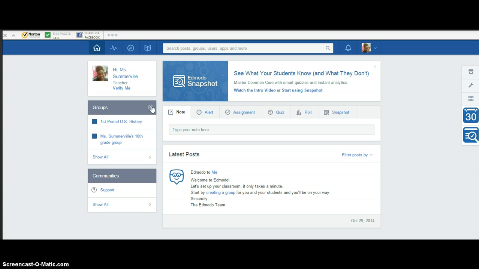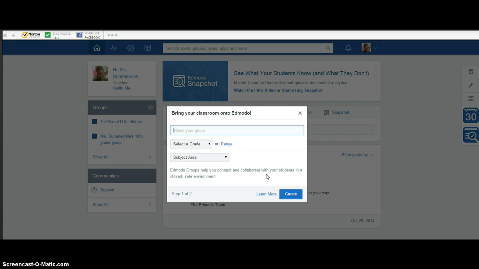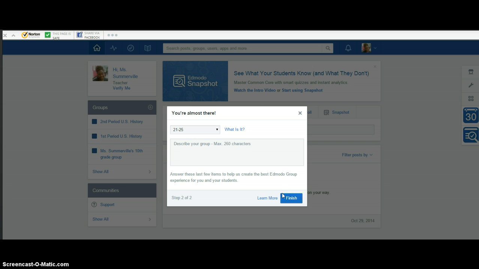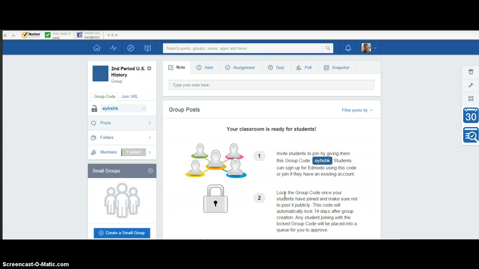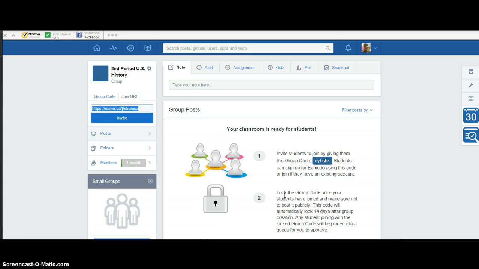Notice to the left of your screen it says groups and it has a plus sign. If you click that, you can create a group. It asks for some information. You want to go ahead and fill that out. After you complete the information, it will take you to this group page, and I made a group